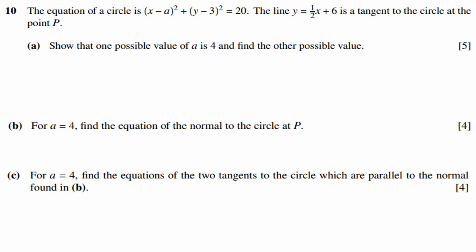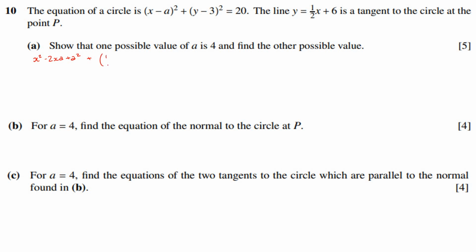All right, next. The equation of a circle. So the equation of a circle is fine. This circle has the centre (a, 3). All right, show that one possible value of a is 4 and find the other possible values. All right, cool. This is tangent to the circle, so if I plug this in, then the discriminant should equal 0. All right, so we're going to end up with x squared minus 2xa plus a squared plus, well,